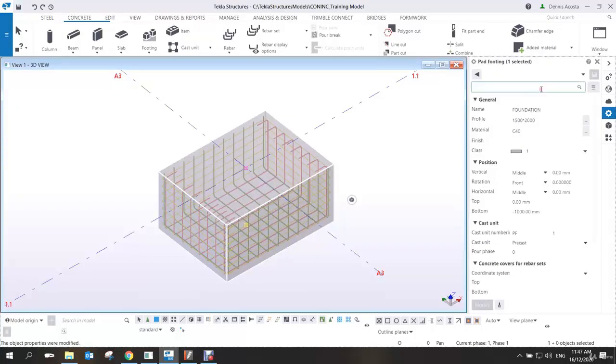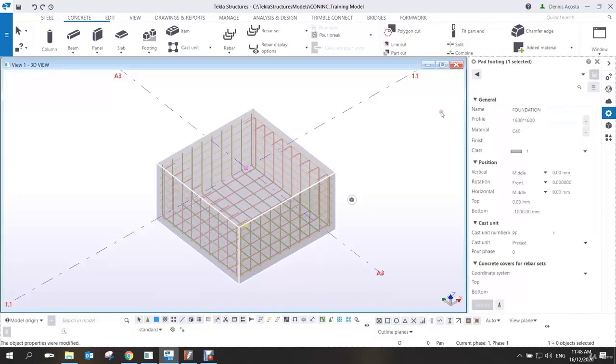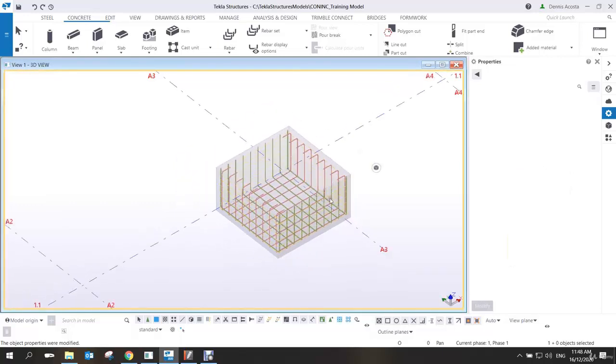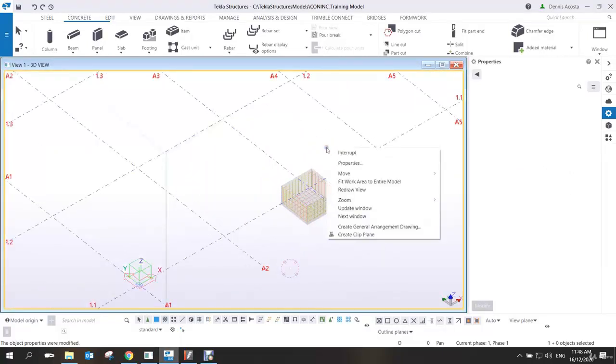That's one of the things that Tekla can do for us. If you have some changes, 18 by 18, it will follow automatically. Okay, clear? So now, if you redraw,